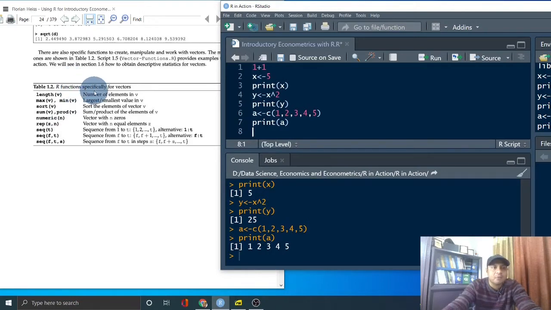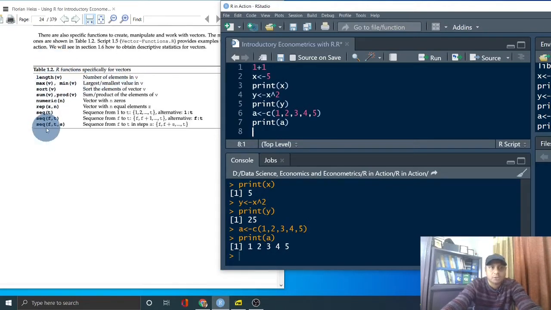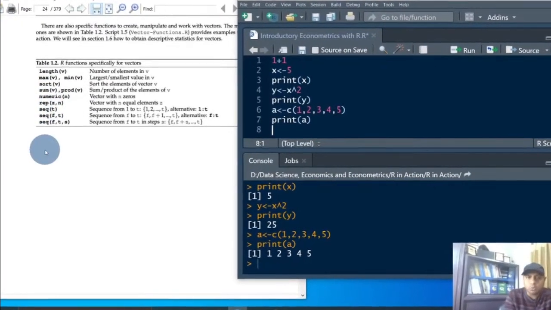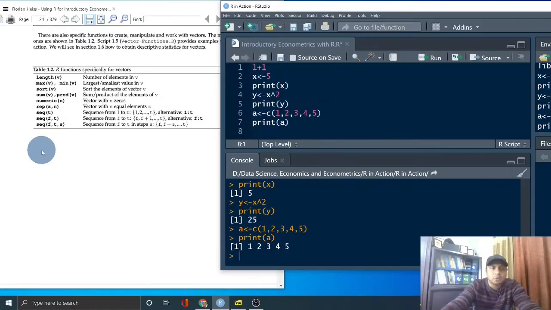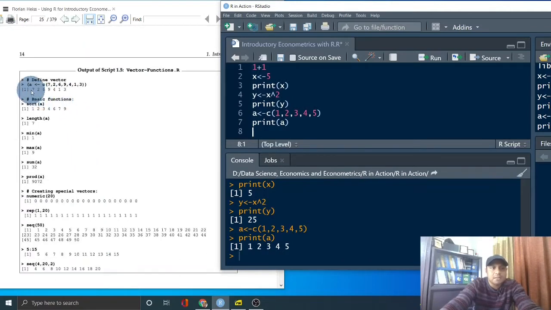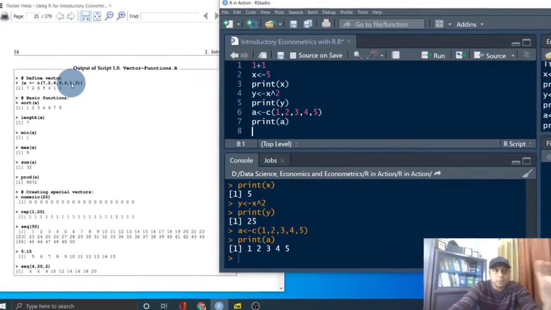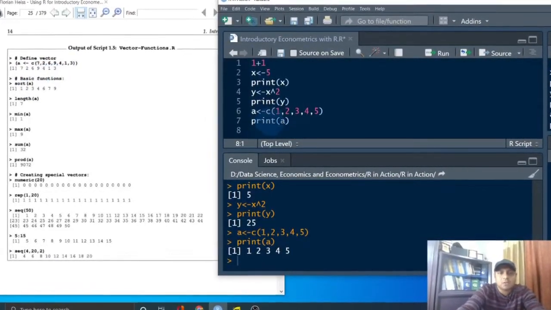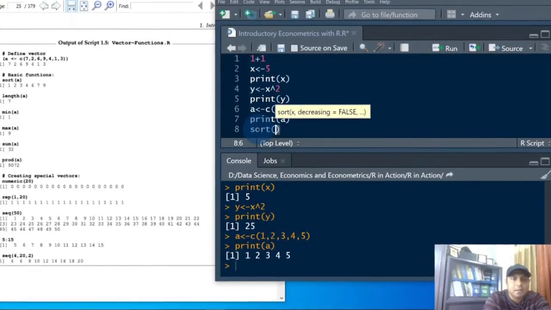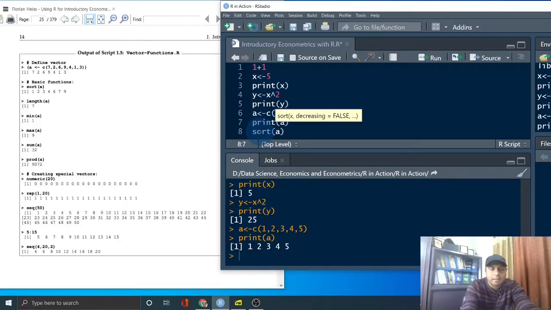Now, as I say, R is function based programming. So basically R has functions specifically for vectors. There is some information given here. What are the functions? Like length, maximum, minimum value, sort, sum, numeric, square. We are going to use all these very soon in the upcoming videos. So just follow me, hopefully this will be much easier for you. And this is the application. You see, this is the first one that we have created. First the object, then a function, then the information that you put in, and then basic functions like sort. For example, sort is a function. Let's say we are talking about sort A in our case as well.